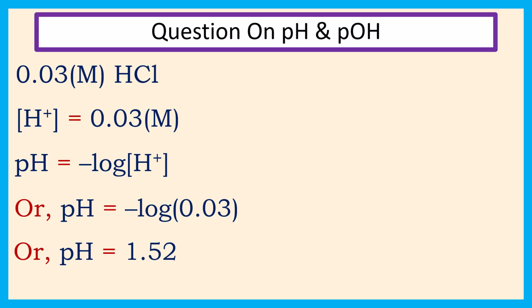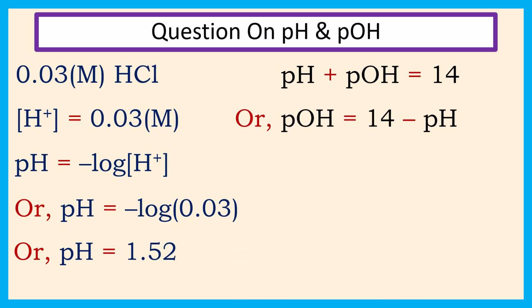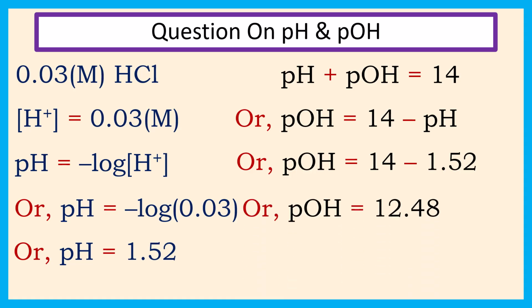1.52. We know that pH plus pOH is equal to 14, or pOH is equal to 14 minus pH, or pOH is equal to 14 minus 1.52. It is the value of pH, or pOH is equal to